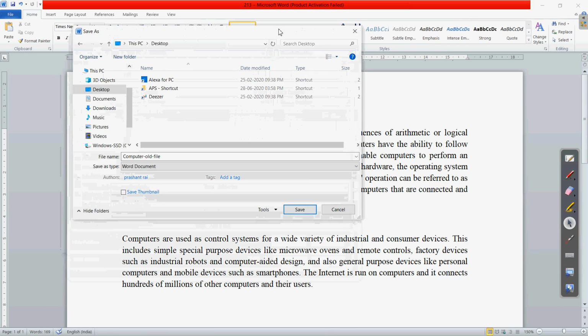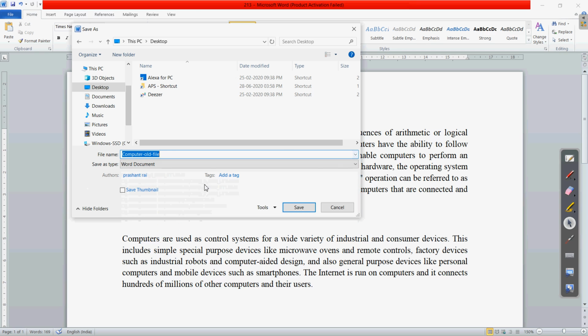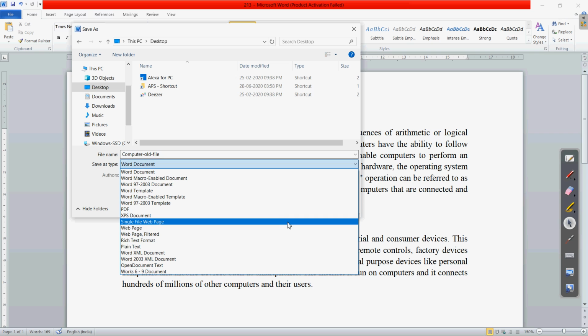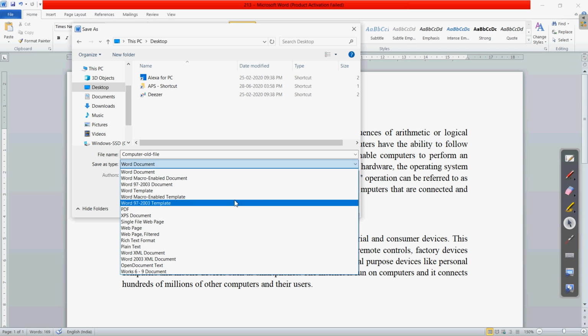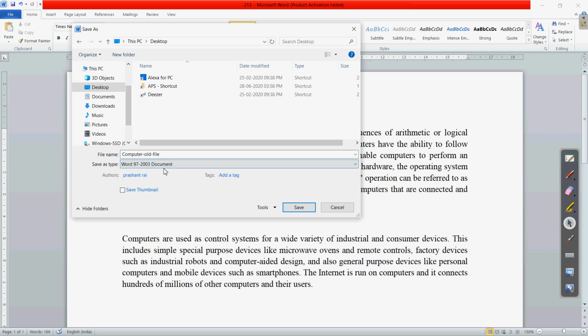If I show you a little above, these are the different options in the Save As type. Clear? So you can choose any of these. Right now we are saving the file as type Word 97 2003 document. Clear? So here it is. So click on Word 97 2003 document.